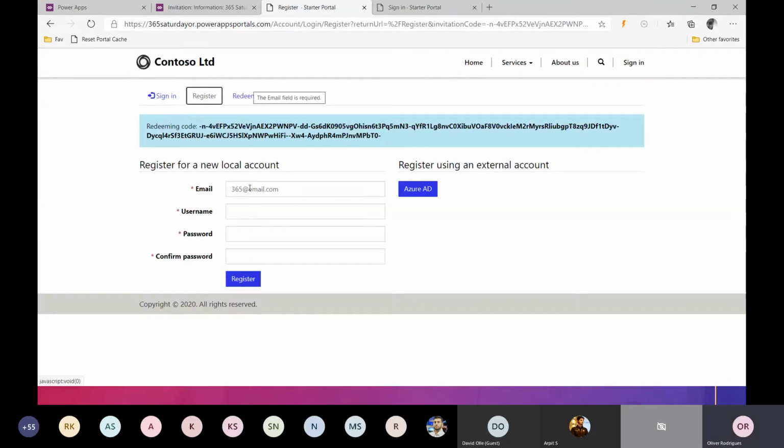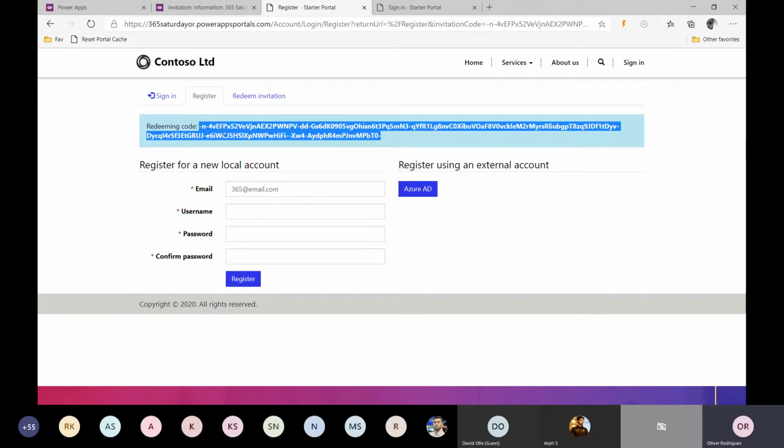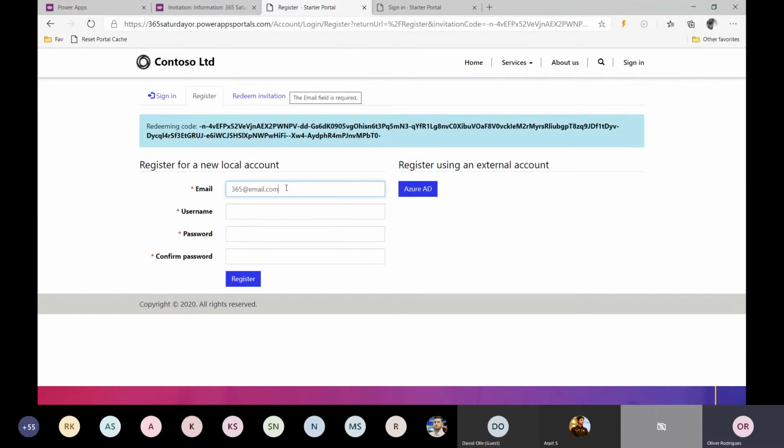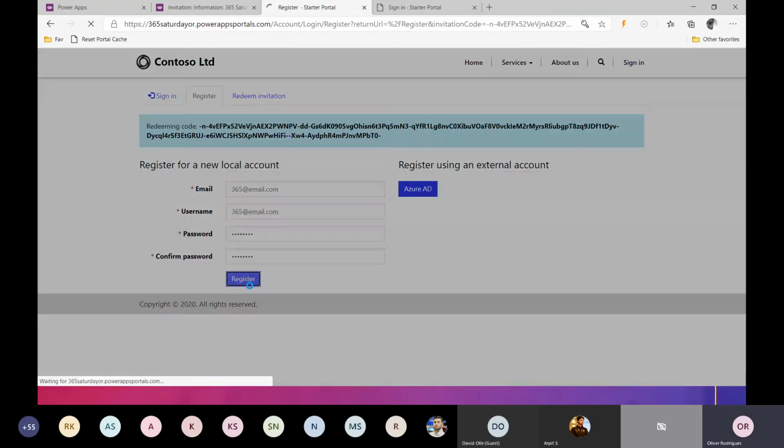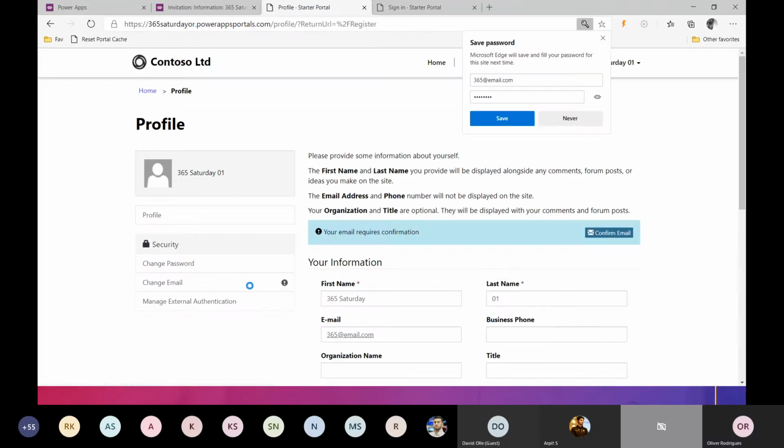You can see here that it is associating. It retrieved the invitation code, and it found my contact. I'll just copy this. Click on register. Oh, there you go. I'm logged into the portals now,